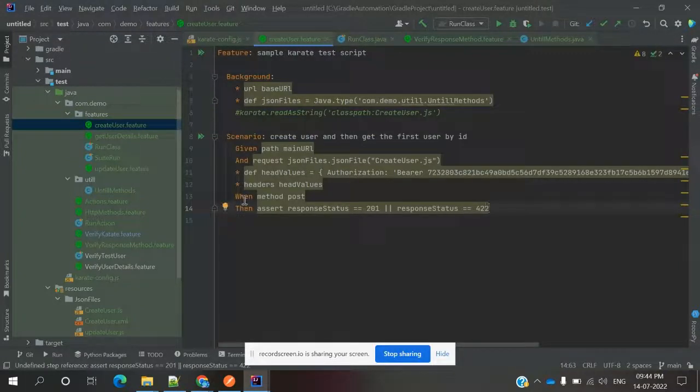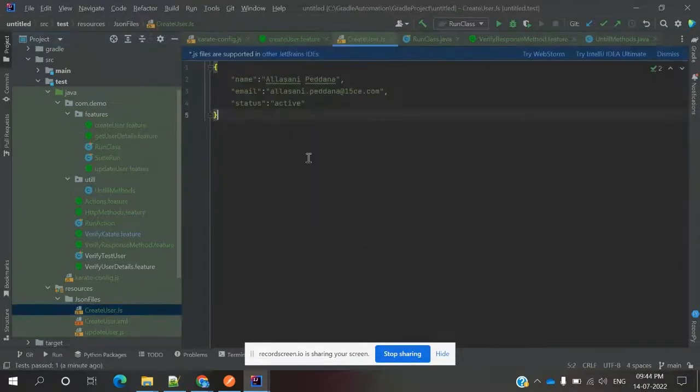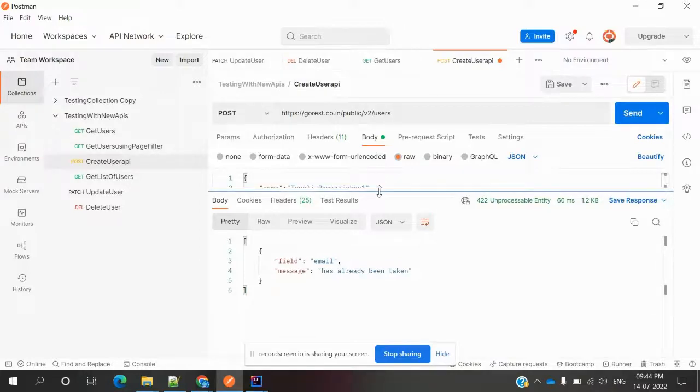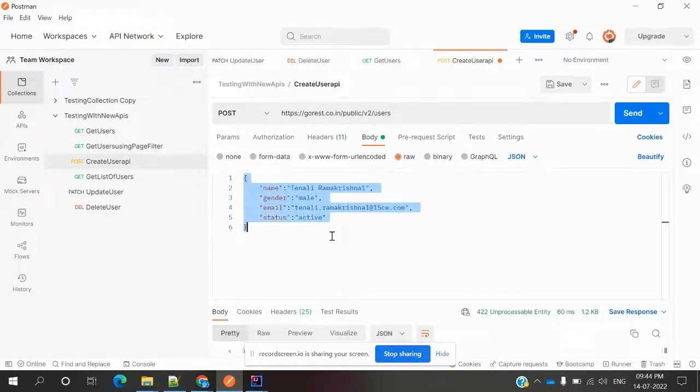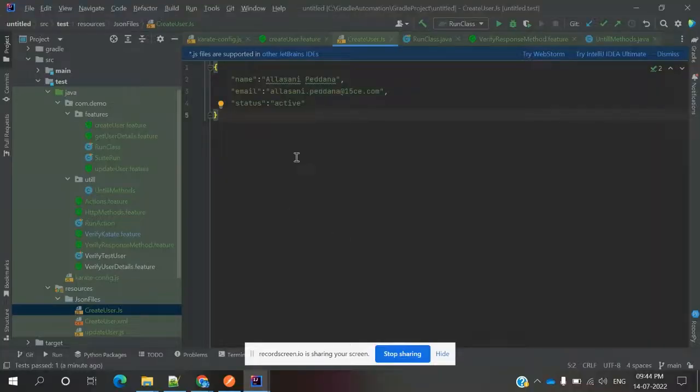Okay, and also we can read some data here and we can change the values. Now if I come here, see, this is my payload. I'm going to copy paste it here. Okay, now this is my payload and I need to change these values every time. Then we can modify, meaning we can replace some value. That also we can do. How we can replace the JSON format value or XML format value, I will explain